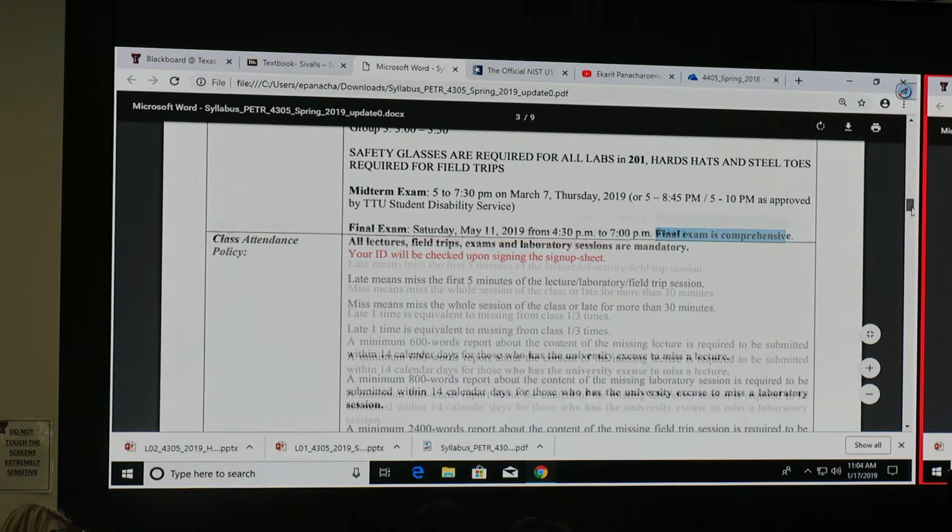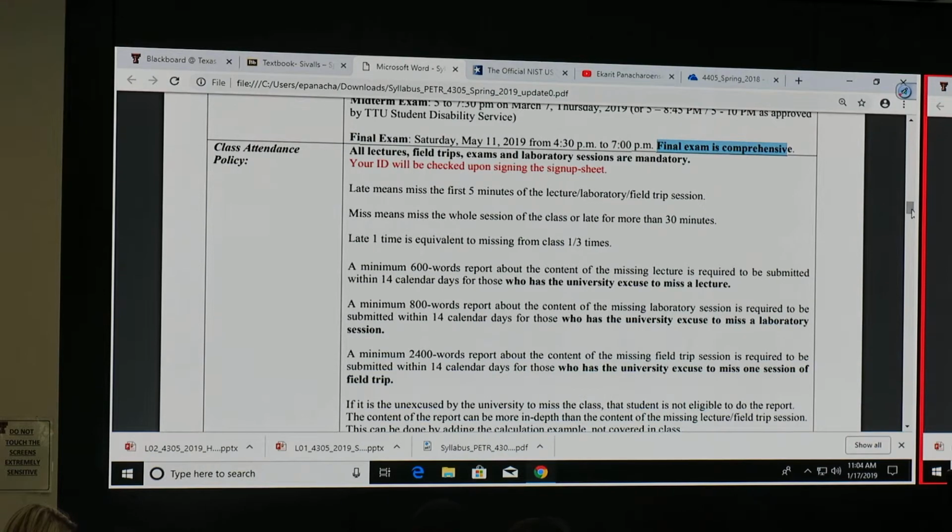That's the final exam. Okay, for today, please take out your photo ID. I have created a sign-up sheet. She will see you one by one. You sign the sign-up sheet. We will do this until she memorizes your names. Then we don't have to do it anymore. Just take out your ID and sign the sign-up sheet.